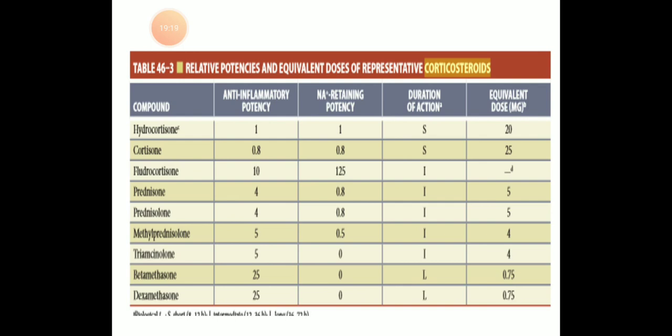Electrolyte and water metabolism is also disturbed, so it has a relatively weak salt retaining and potassium wasting effect. And normally we see that physiologically it is essential for excreting a water load. In pharmacological doses, it will antagonize the action of vitamin D on the gut and reduce absorption of calcium. And large doses for a prolonged period may interfere with the development of cartilage and inhibit linear growth in children. Due to the protein catabolic action, glucocorticoids inhibit formation of new tissue.